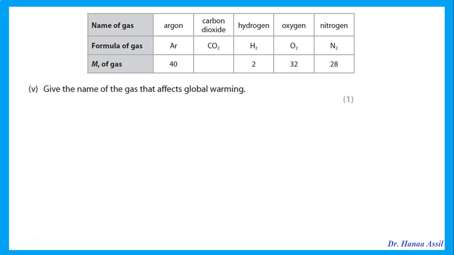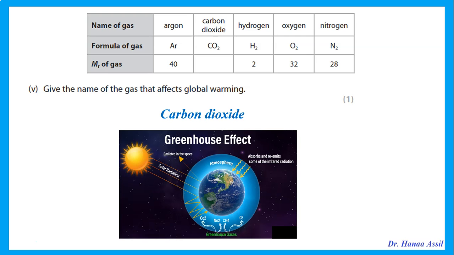Give the name of the gas that affects global warming. Remember, carbon dioxide and methane cause the greenhouse effect because these gases in the atmosphere trap the heat from the sun, so the heat is not allowed to be reflected back out of the atmosphere, so the heat is trapped around the earth. This raises the temperature of the earth, causing global warming. So which gases cause that? You should know carbon dioxide and